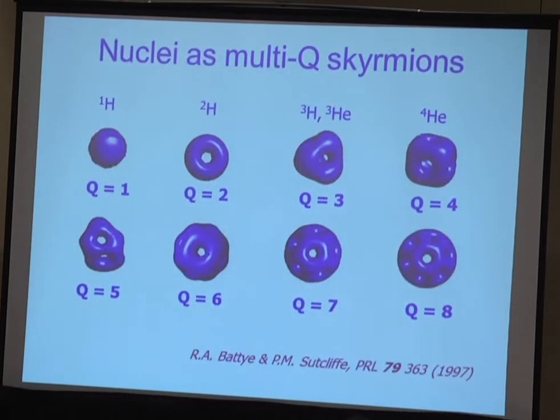So people started thinking of describing nuclei as Skyrmions with higher topological number. A Skyrmion with topological number 2 would be deuterium. Number 3 would be either tritium or helium-3. Number 4, alpha particles, and so on and so forth, with very fancy shapes, which I will comment on later. And also, people tried to describe nuclear matter as a Skyrmion crystal, and we'll see how that works out also